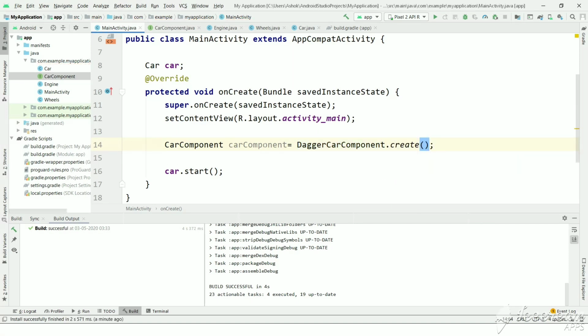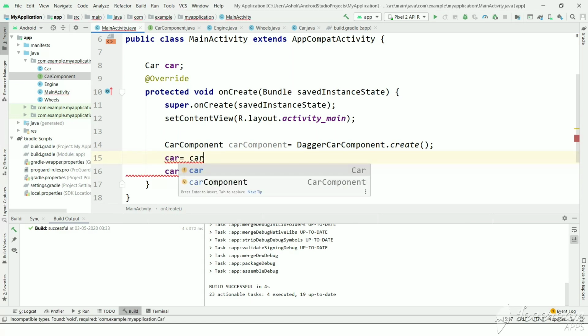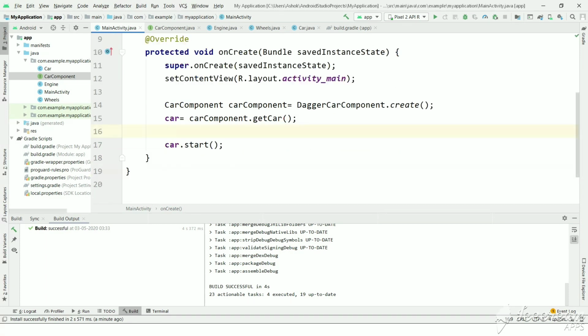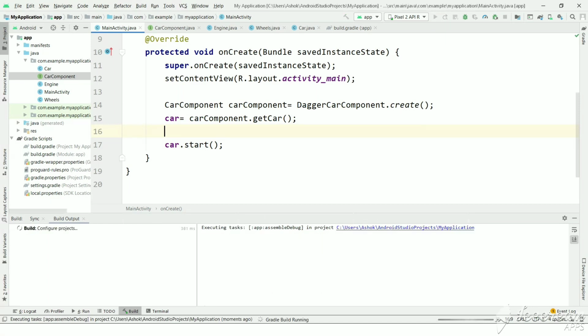It will return a CarComponent, and in order to get the car object we can directly use the method we have kept in CarComponent. So now let's execute and see the result. We need to get driving as an output.